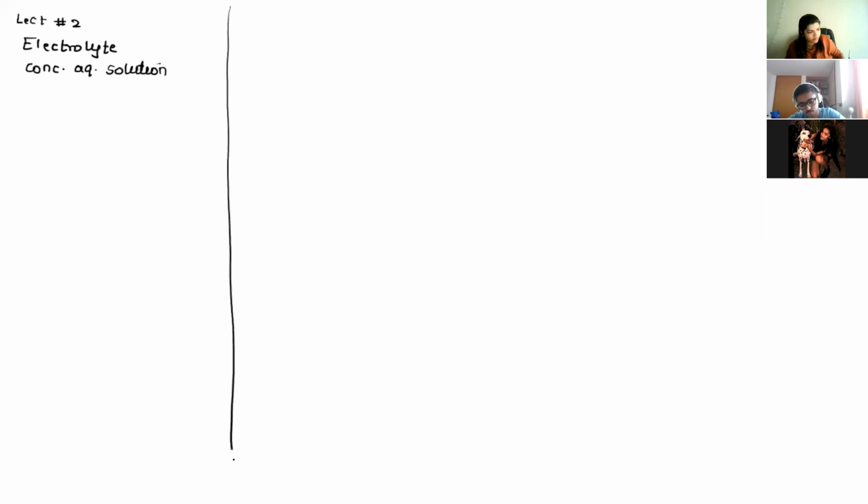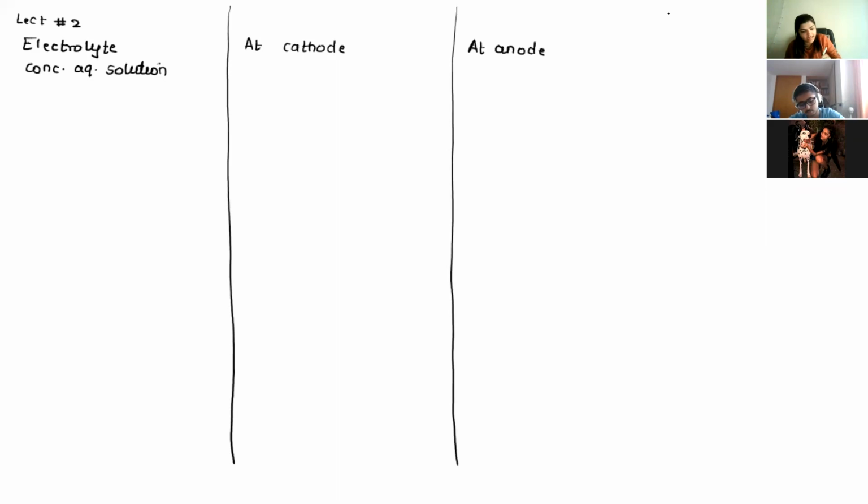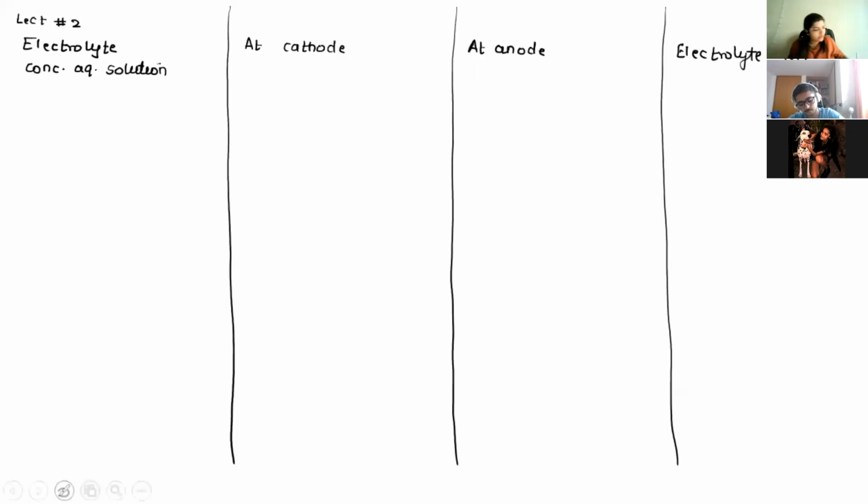So lecture 2, electrolyte will be concentrated aqueous solution. At cathode, what will happen at cathode? At anode, and electrolyte left. So let's take an example. First one, let's take concentrated